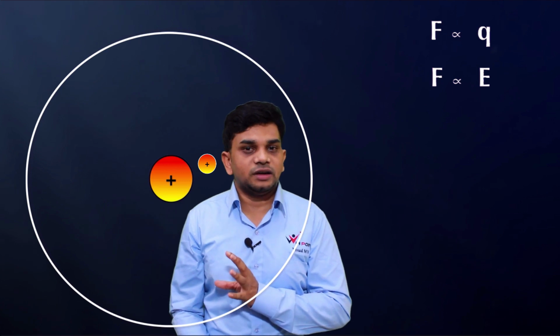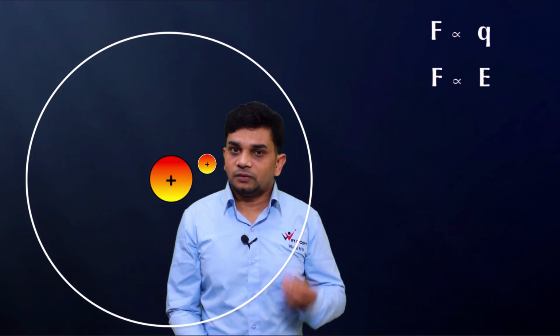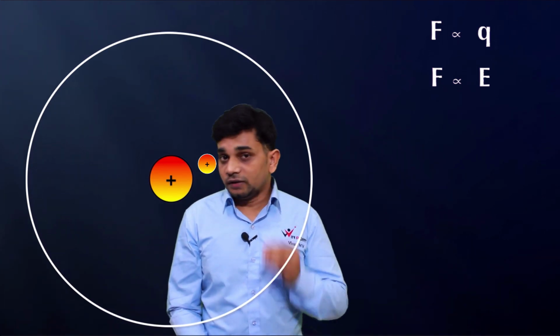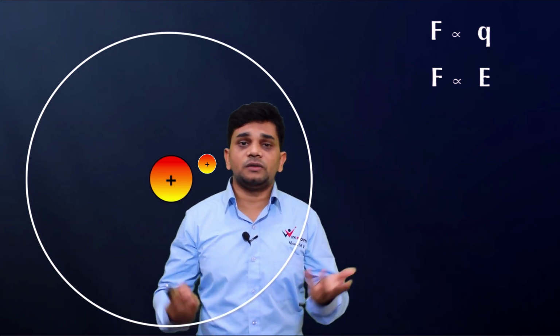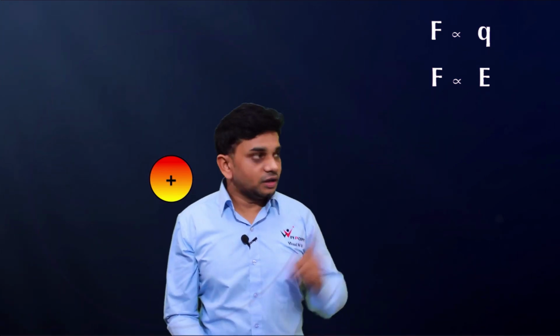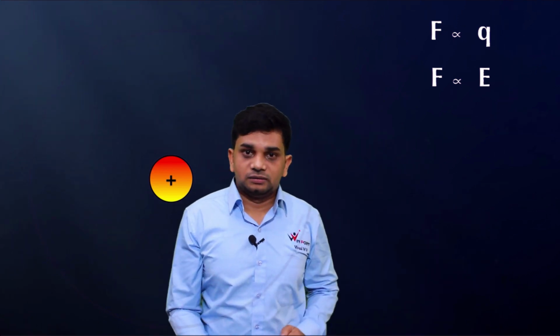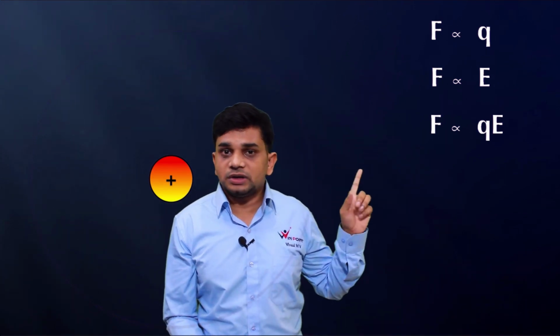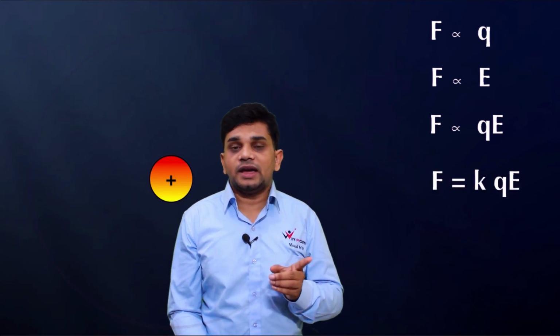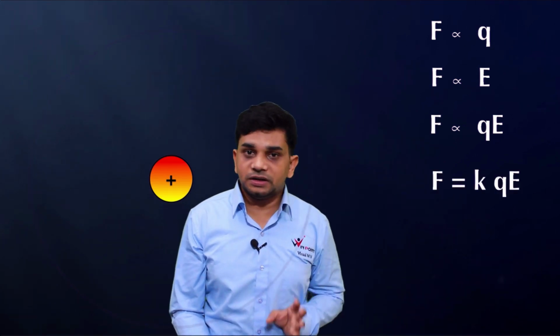What is electric field intensity? It is force only, right? Force experienced by the charge. If the force experienced by the charge is more, we can say that the intensity of electric field is more. Here you can see that F is a common factor. So we can write F proportional to Q into E. To remove this proportionality sign, we are adding a constant. F equal to K into QE. K is the constant here.